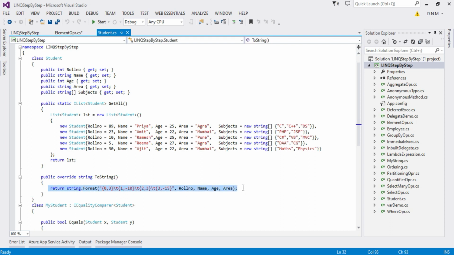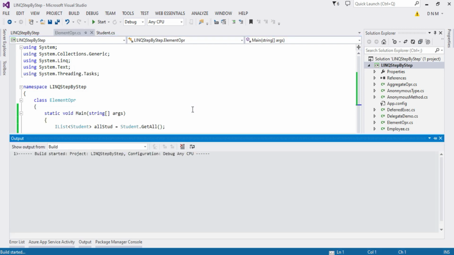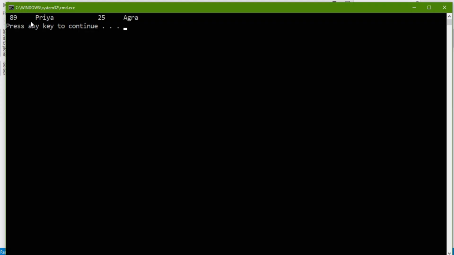I already explained this concept in the previous video. If you are not aware of it, please watch that video, or better, watch this series from the beginning. Now let us execute it and observe the output. Let me save it. I already set the startup object. I am pressing Ctrl F5. This is our first student in the list.